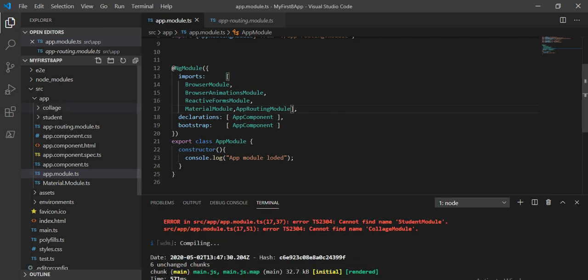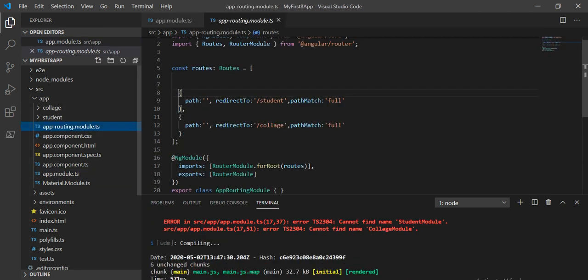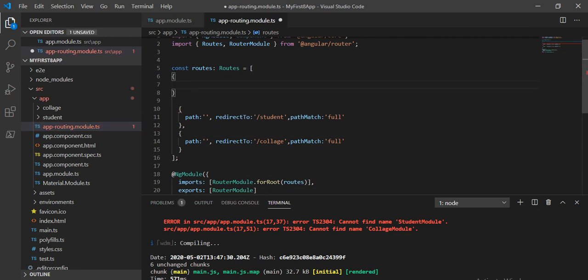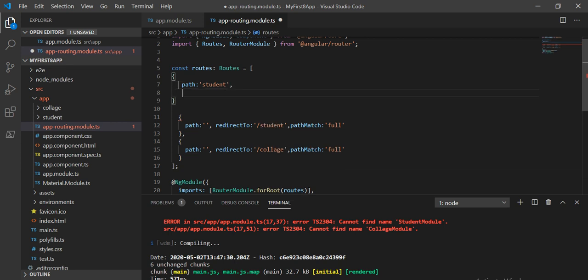Now the second step is we have to use loadChildren in the route config file. So here I will write path, and I will give one path like student, and here I will take one property, loadChildren, and in this loadChildren I will give the full path.